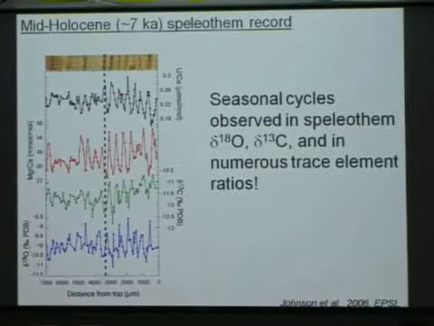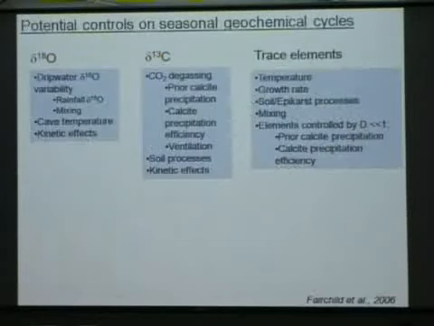In particular, magnesium and carbon, as well as things like strontium and barium, were all very positively correlated with one another. And so this should be recording something about how the environment of the cave is varying on a seasonal basis. This was published in EPSL in 2006 with a discussion of some of the mechanisms that might explain those cycles, which I'll summarize briefly here.